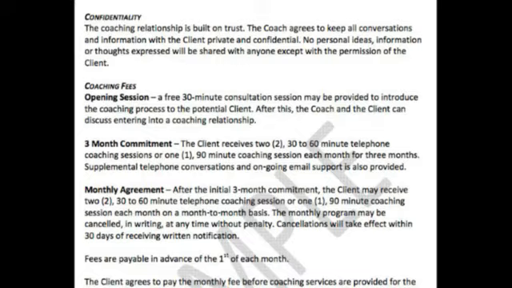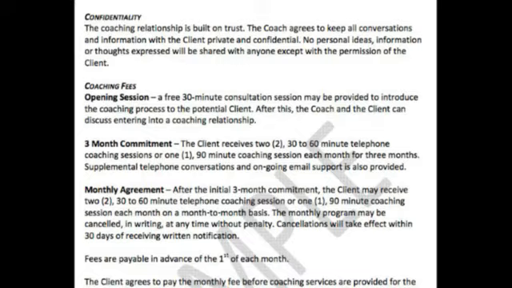And the fees need to be on here, because there's actually nothing on here about how much the fees are. There's no blank for that. And I get that this is a sample, but it should be a blank. It says it's X dollars. One of the things you may want to think about as a coach, if you have people pay per session, and I'm saying this as a coach because for therapy there are different rules, similar to how there's special rules for lawyers and stuff like that. In some of those professions, you can't force people to sign up for a certain amount of time, and there's no way for them to get out of it.